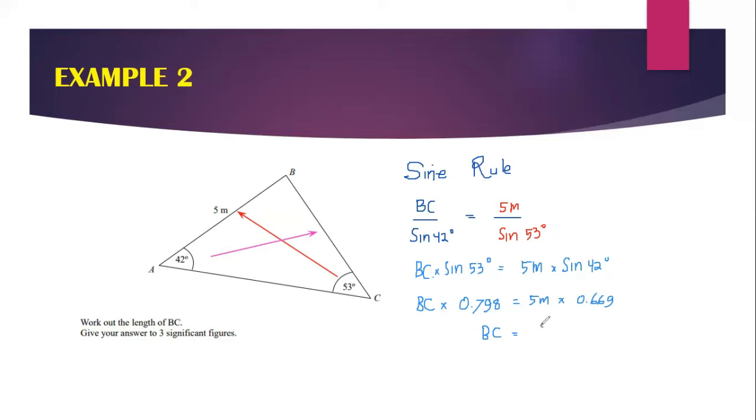We got 3.346. Okay, and divided by 0.798. So BC is, we got BC is